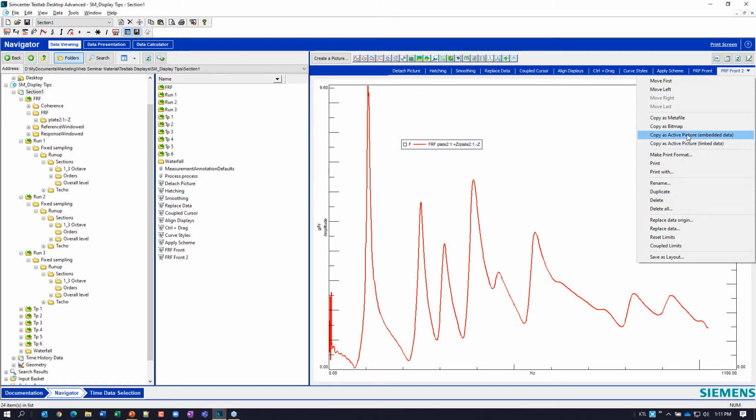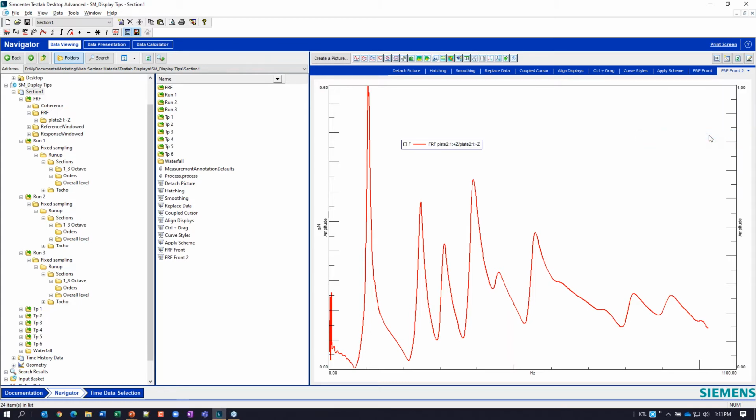So I'm going to do that. If I just want to plot this data into a PowerPoint presentation or something, I can certainly copy it as a picture, as a bitmap or a metafile, and it will just be a static image. If I just need to communicate this information from this plot to a colleague or something, I can just copy it as a bitmap, and it will be as you see it, fixed for all time. However, a little bit more flexible and powerful method of doing that same thing is copying as active picture.